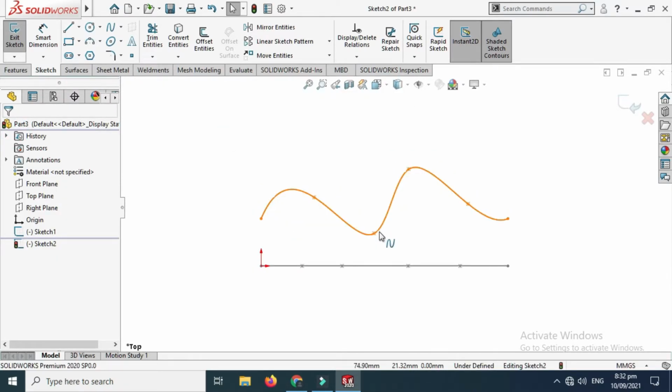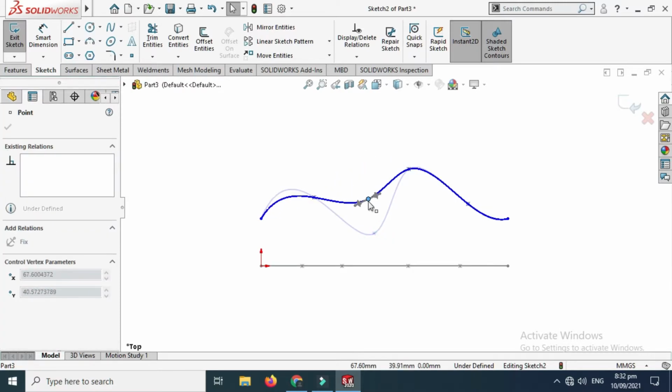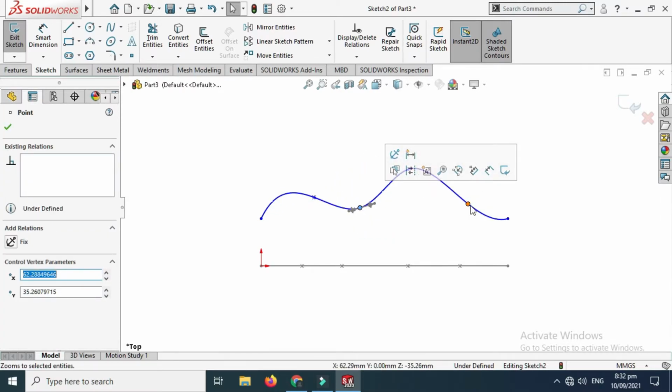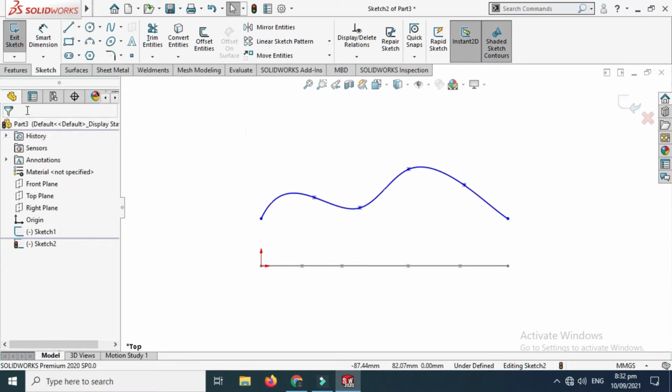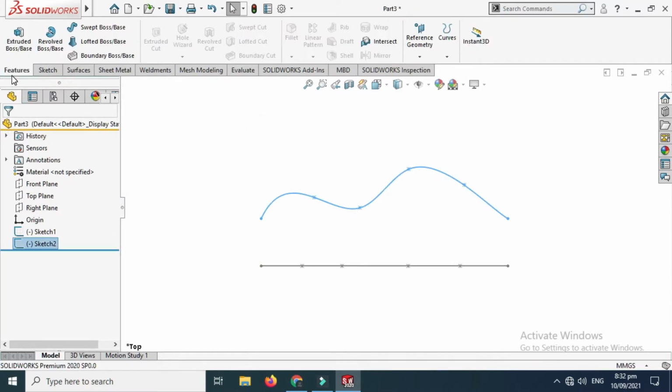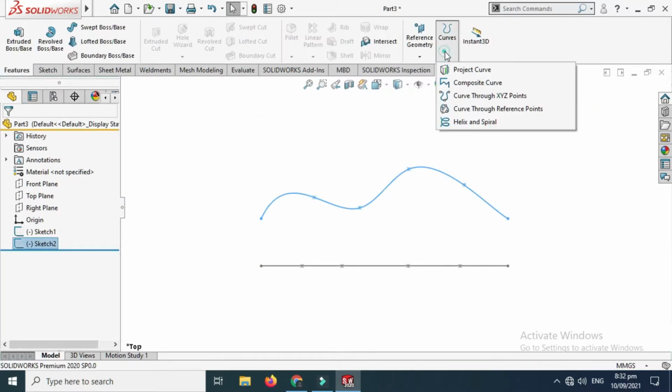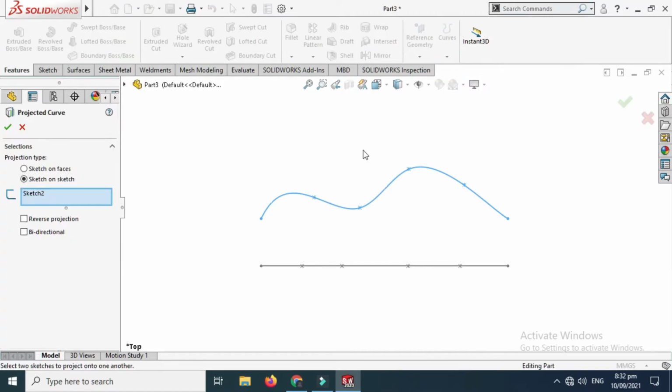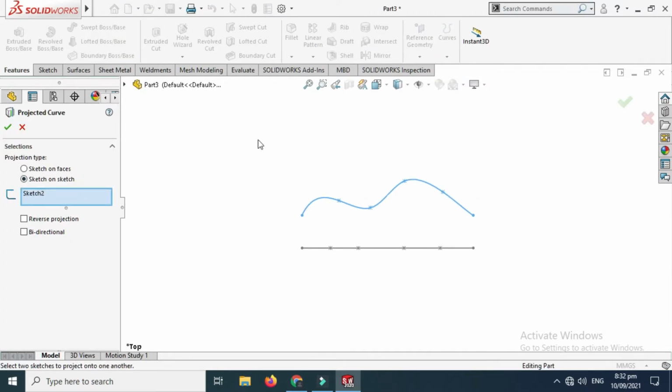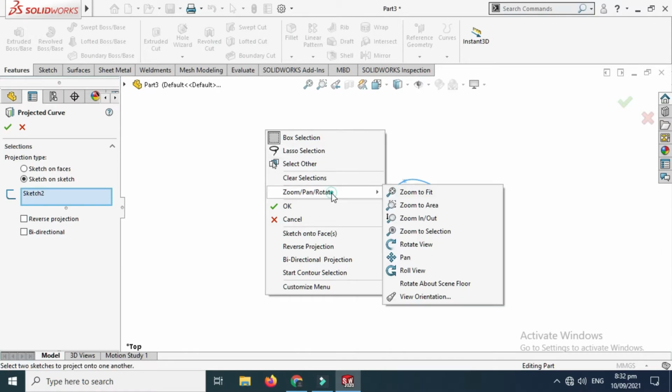So you can adjust this spline, and I think it's fine. Just go to features, and under curves go to project curve, and it is sketch on sketch because I have